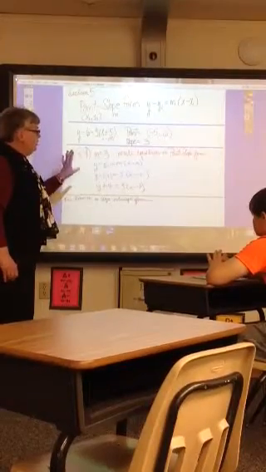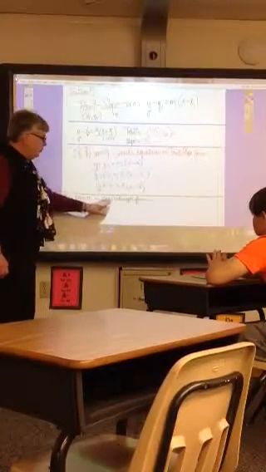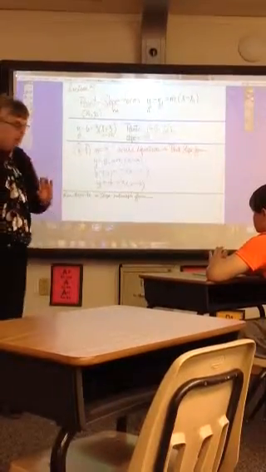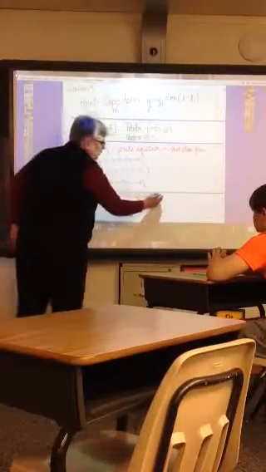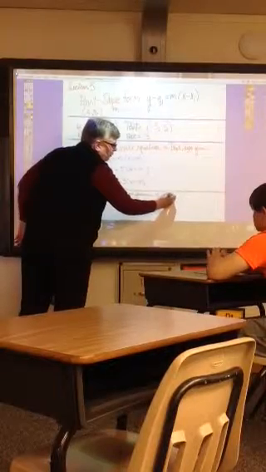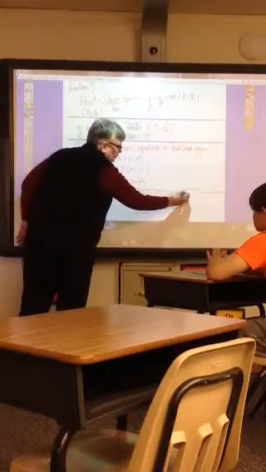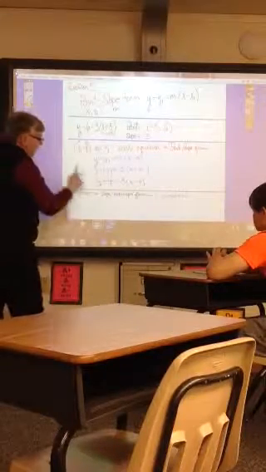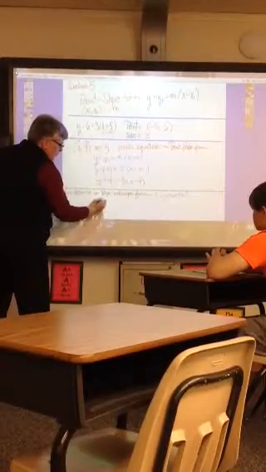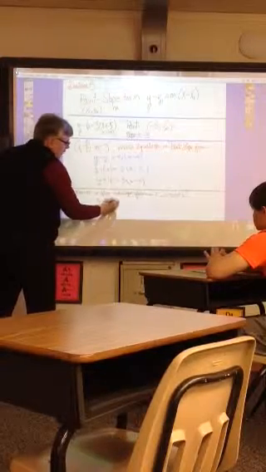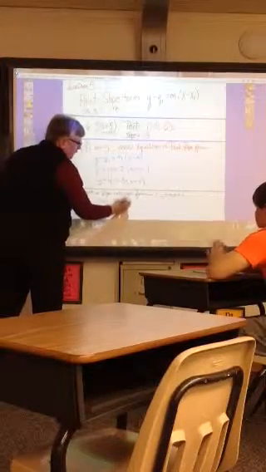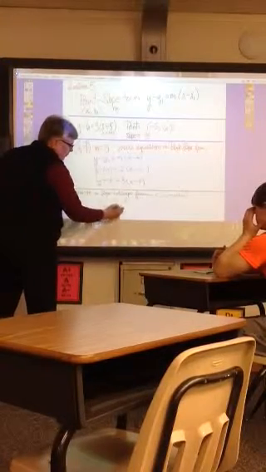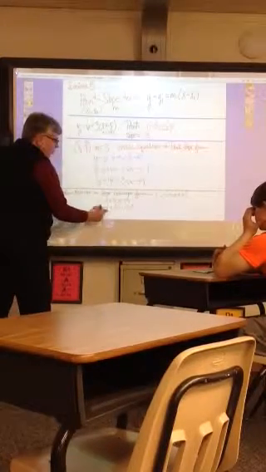Now, they're going to ask you to take that and then rewrite it in the slope-intercept form. Well, you remember what the slope-intercept form looked like, right? Because it looked like y = mx + b. So, we're going to take our little equation we have right here, and the first thing I need to do is distribute. So what will I get when I distribute? Yeah, 3x - 12. Now I need to get y alone, so